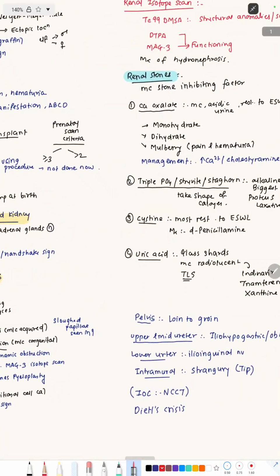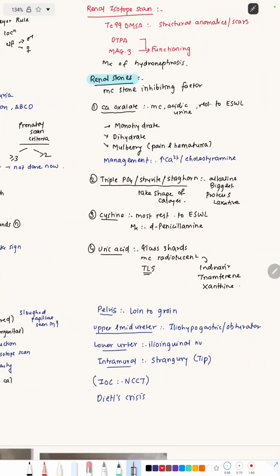Then triple phosphate stones or struvite stones are the staghorn calculi. So these are the stones. They are characteristic in that they take the shape of the calyces. They are found in alkaline urine. These are the biggest ones. Proteus is the organism that is found over here, and it is caused because of laxative abuse. The appearance is going to be a coffin lid appearance. And cystine stones, that are hexagonal in nature, are the most resistant to extracorporeal shockwave therapy, and the management is going to be